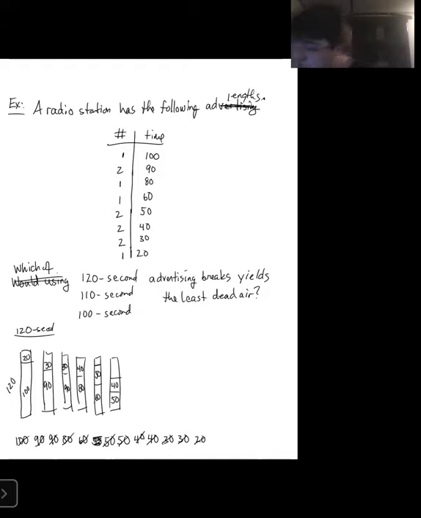So right here, with 120 seconds, how much dead air is there? Well, the first four blocks are completely filled. This next one has 10 seconds of dead air. This has 30 seconds of dead air. So this, using 120-second advertising breaks, gives 40 total seconds of dead air, and they're going to need 6 advertising